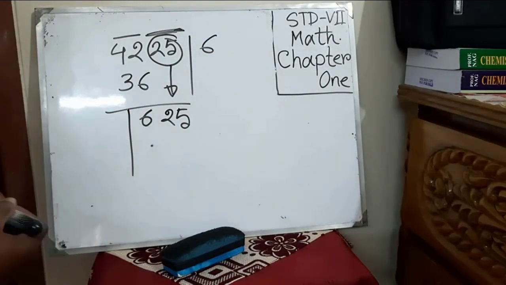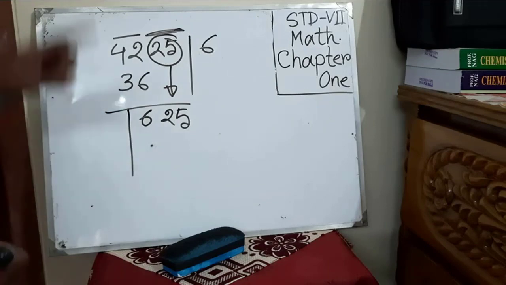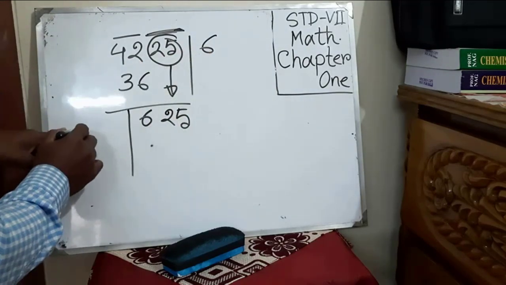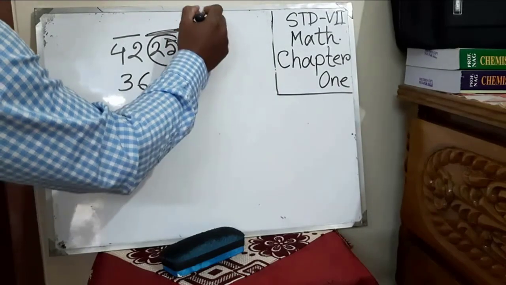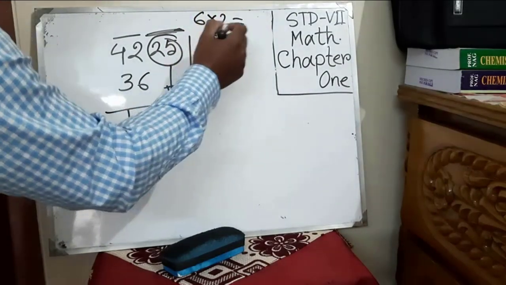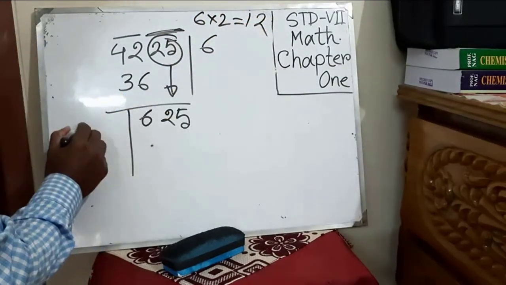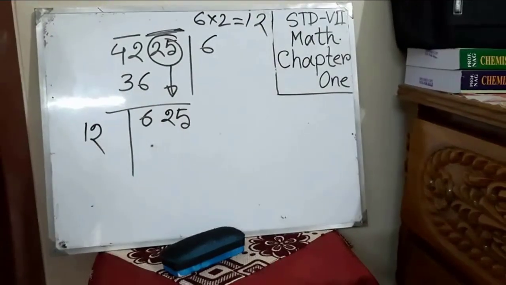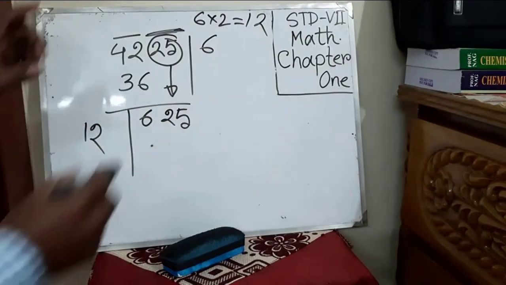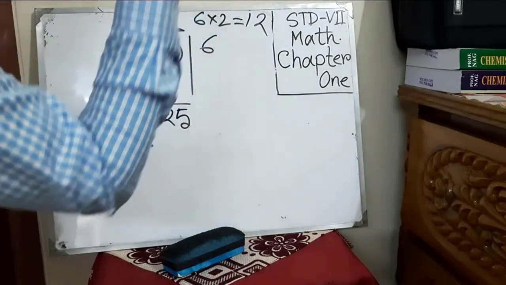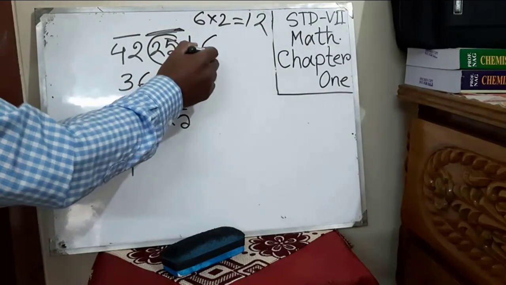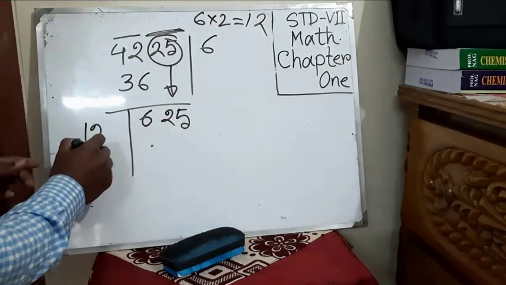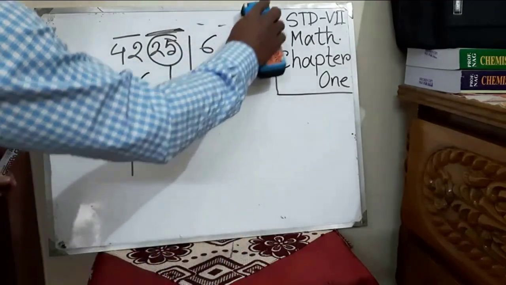Okay. Then what's the next procedure? Double of 6 you will put. Double. You will multiply this number by 2. Twice of the number is 12. So we'll write here 12. Look. 12 we have written. Whatever the digit is, you will multiply by 2 and the product you will put here. So here 6, 2 sixes are 12. We have written here 12.